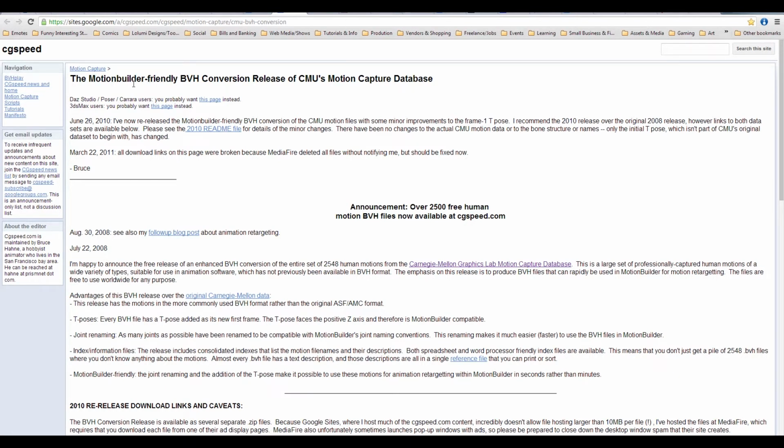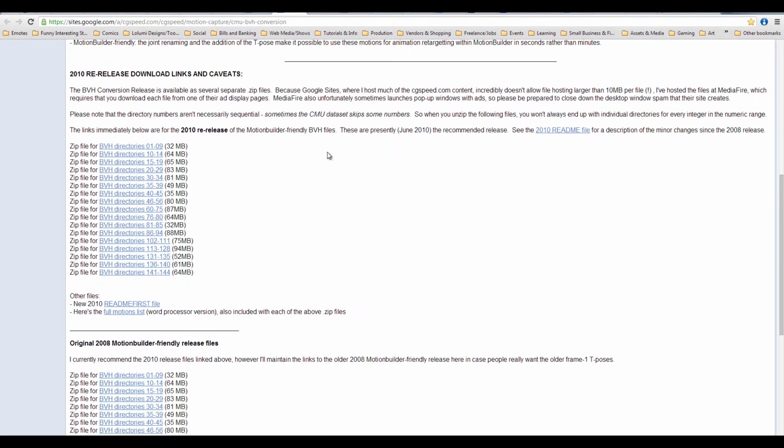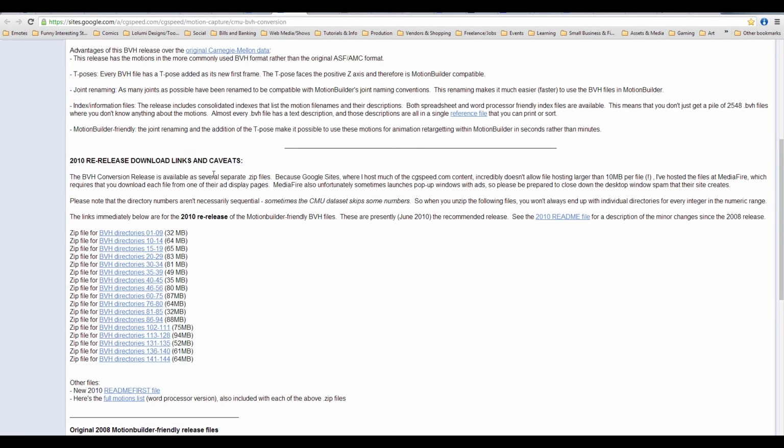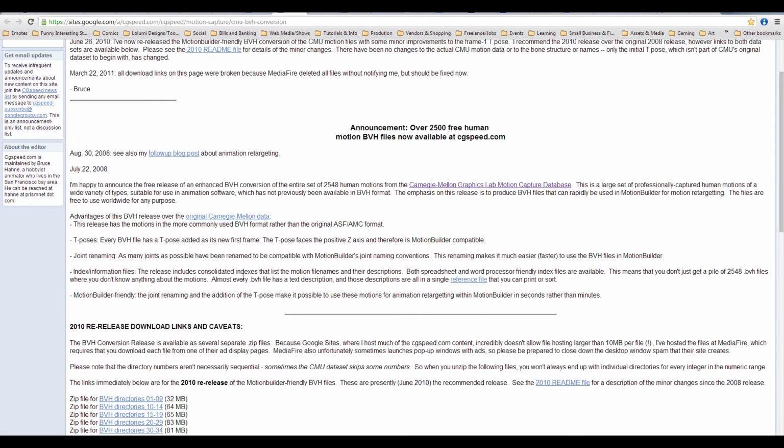So what's great about these, unlike our DAZ figure, although I will show you how to quickly characterize a DAZ figure as well, is that these will load right into Motion Builder, and they can just immediately be characterized and immediately used. But even despite their greatness, there are a few things that you're going to want to do with them once you get them. So I believe from this website here, if you just click on any of these files, you can just quickly download, and it'll come in as a zip, and then what you'll end up with